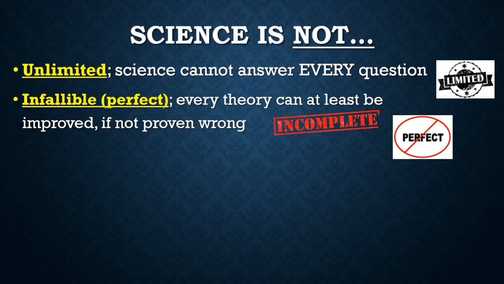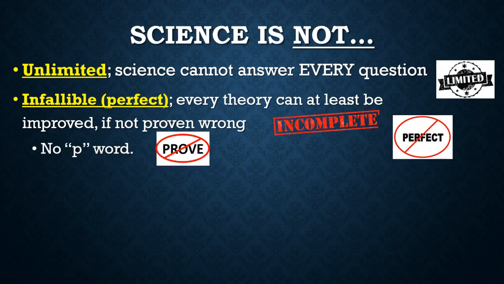Second thing science is not, is it is not perfect, and this is kind of along the same lines. Science is not infallible. That is a word that you need to know. Every single theory in science, by definition, can at least be improved, if not completely proven wrong. So you need to understand this picture right here is good. Science is incomplete. Science is not perfect, and there's a part in your notes under there that says no P